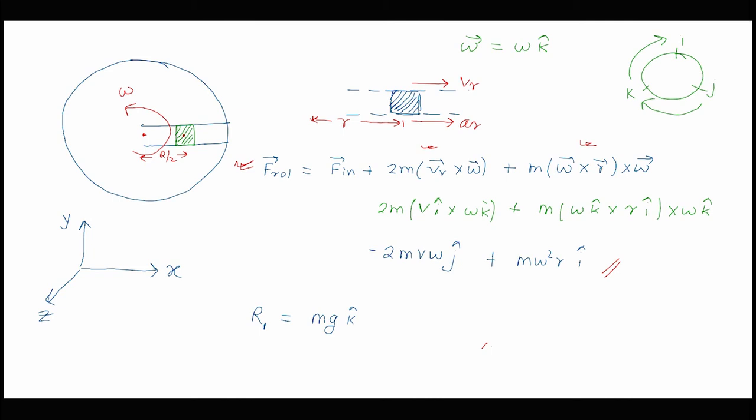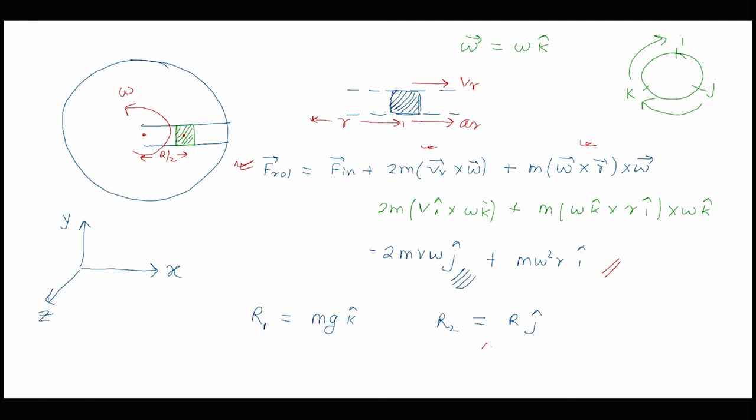Now the next reaction force which the groove is going to act is because of this force which we identified in the j cap direction. Because of this force in the negative j cap direction, a reaction force will be acting in the positive j cap direction. So if I calculate this value for the reaction force, it is going to serve as another reaction force which we will obtain along the positive j cap direction. To obtain this expression, let us start working on this formula which we have, 2mv omega j cap.